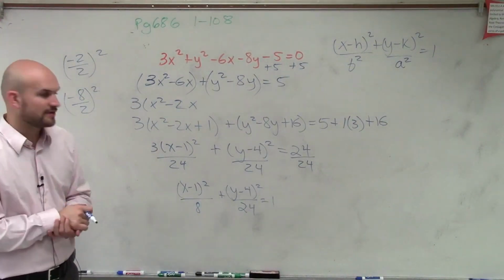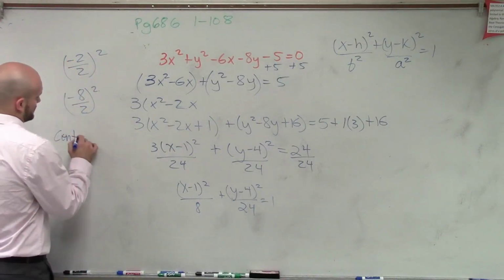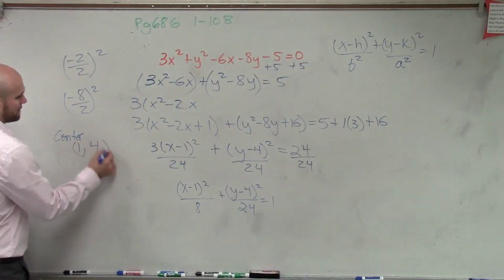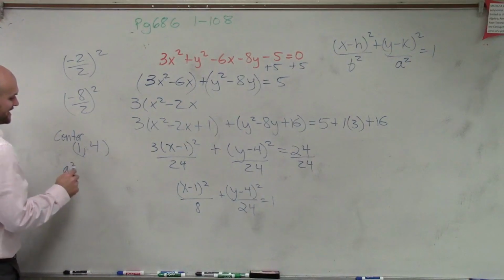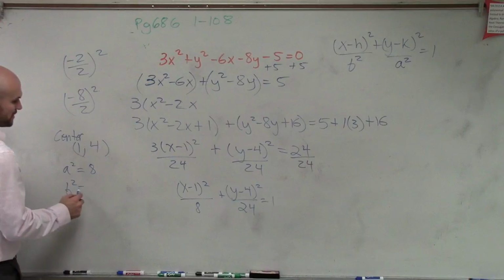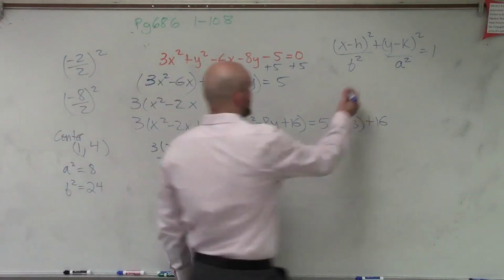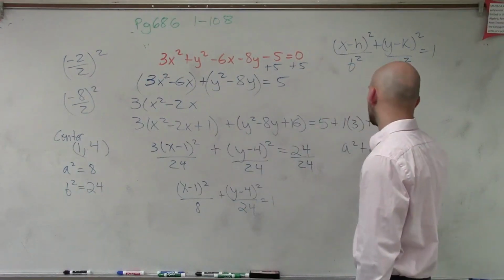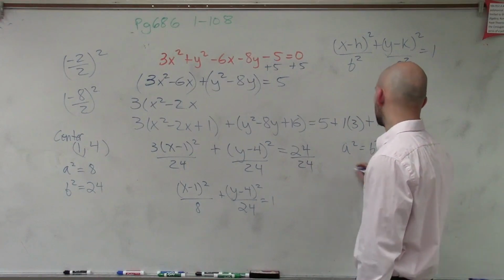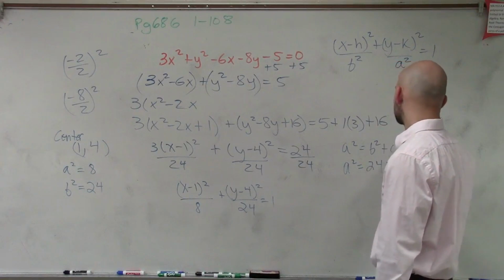So now we need to figure out everything we know. Now we can determine our center. Our center's at where? 1, 4. Right? So now we know a squared is going to equal 8. B squared equals 24. And remember, to find our c squared, we know that a squared equals b squared plus c squared. So a squared equals b squared, which is 24, plus,